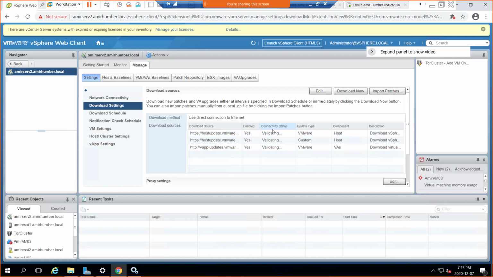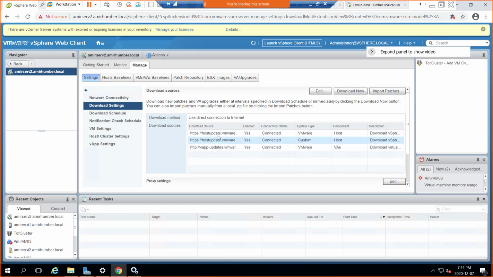The connectivity status is still validating. Maybe some of you have it connected while I'm still validating. Oh, I have it too, so that's good.